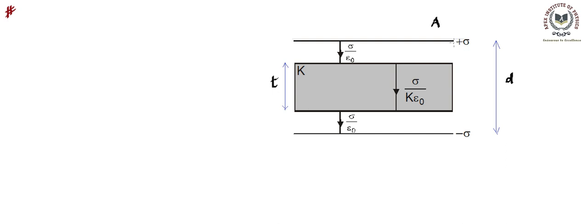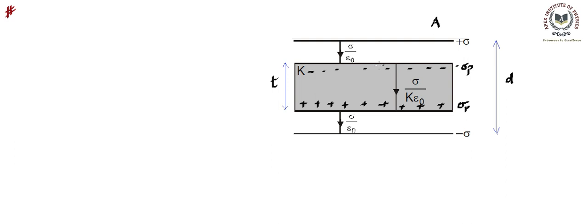Now we know this is the positive plate. If this is a positive charge, negative charge is going to be polarized on this surface because of the polarization. Positive charge you will find on this surface, and these charges will be the polarized charge, or sigma bound, or sigma polarized, and that's going to be minus sigma P. Here I am using sigma, which is charge per unit area.